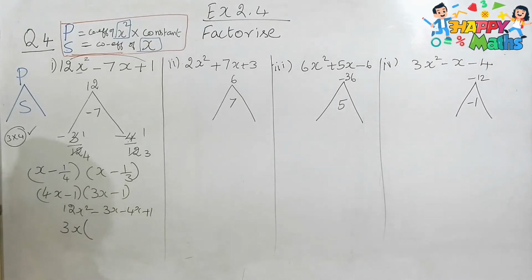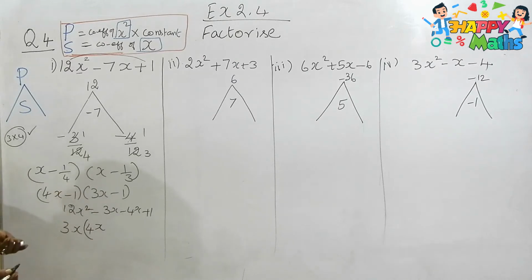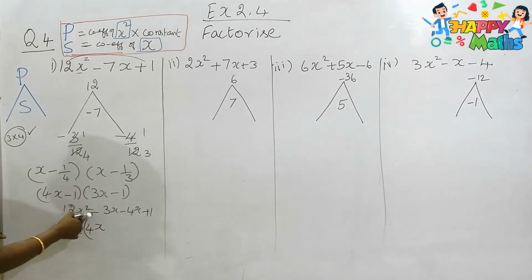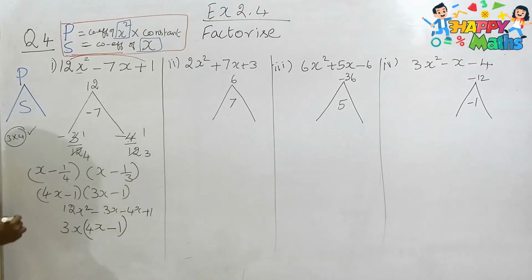So what will be the balance now? See, you have to multiply and see in this way. How many 3s are 12? 4 3s are 12. So write 4. Here 1x is there. One more x is there. No, x square it is. So one more x you have to write. After writing it, what you have to do? What sign is there? Minus sign. 3 has come out. x has come out. So it is 1 time. So you have to write 1. So 3x into 4x minus 1.